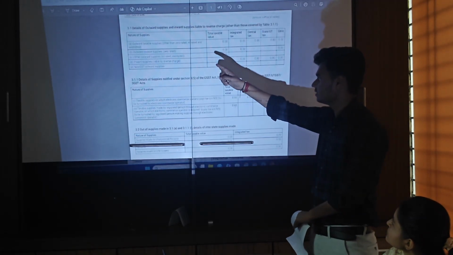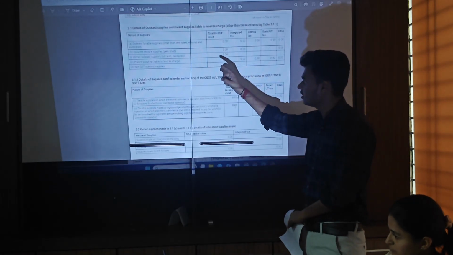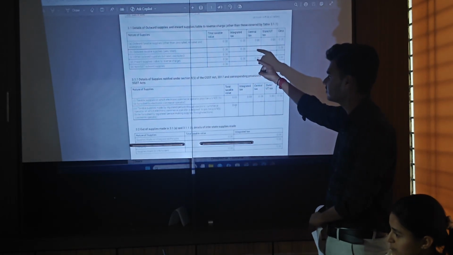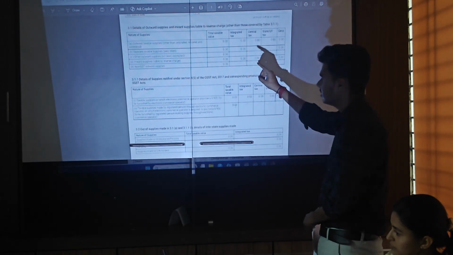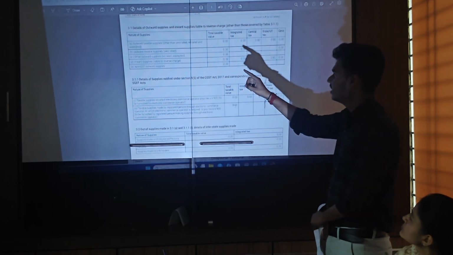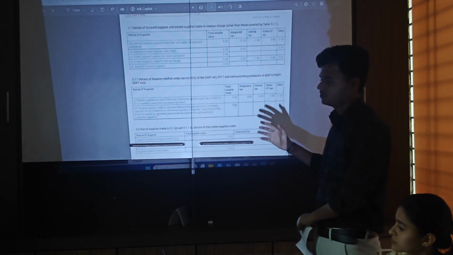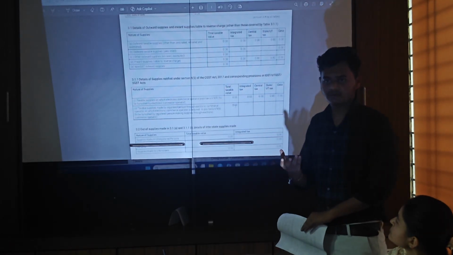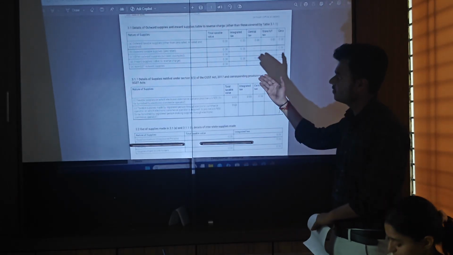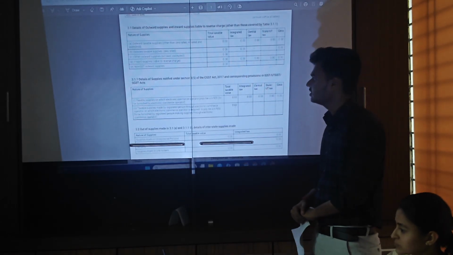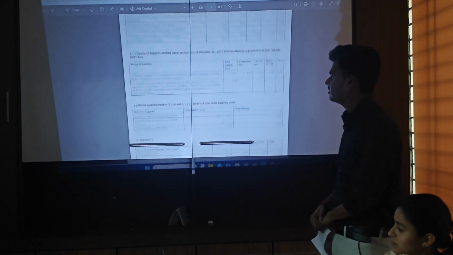And 3.1B is for outward supplies which are zero rated supplies, and C is for other outward supplies that are nil rated and exempted, and 3.1D is for inward supplies liable to reverse charge. Meaning any RCM turnover we have to declare in 3.1D, and 3.1E is for non-GST outward supplies. And the next table is